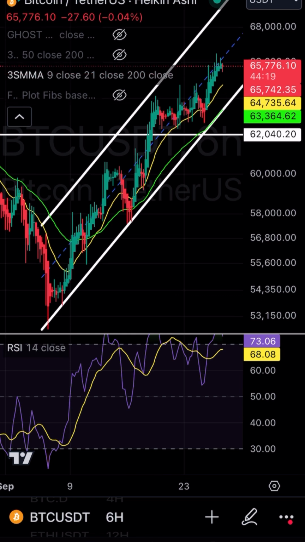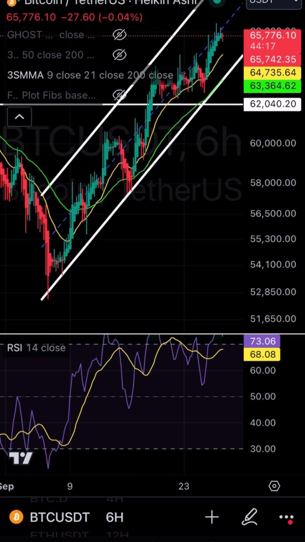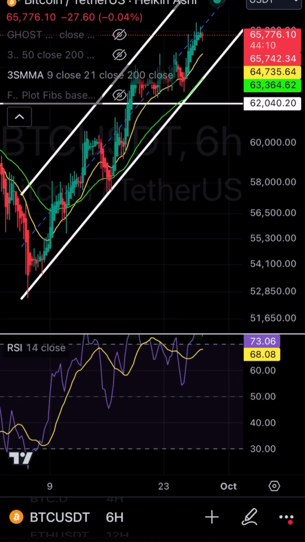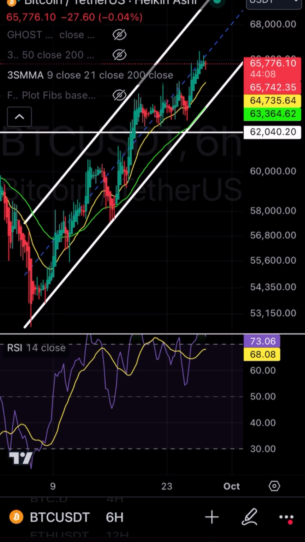So what I would personally do is I would look for the 9 21. I would look for it to cross on longer time frames, especially the 6 hour, because you will probably find some pretty good moves if you find it crossing on longer time frames. This is something I wouldn't do on smaller time frames. What I personally would do on smaller time frames is, if I miss the cross on a longer time frame,